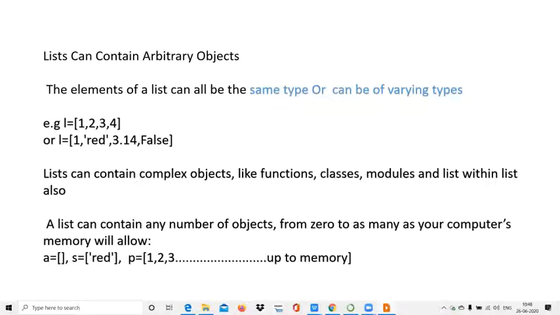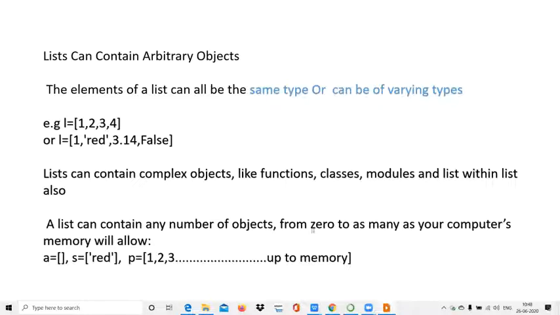List and array are not equal. You can say that list is the superset, array is the subset here. The first difference is that an array will have the same type of element, same data types. A list can have varying types of data, either same or varying. So list is like a superset of array.